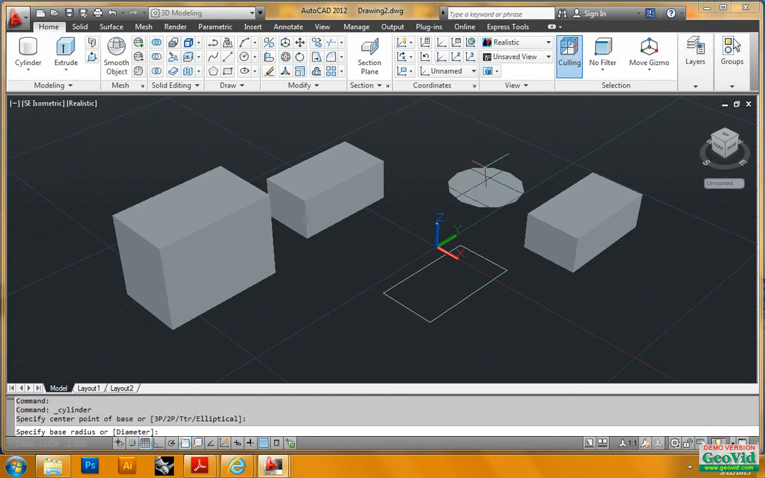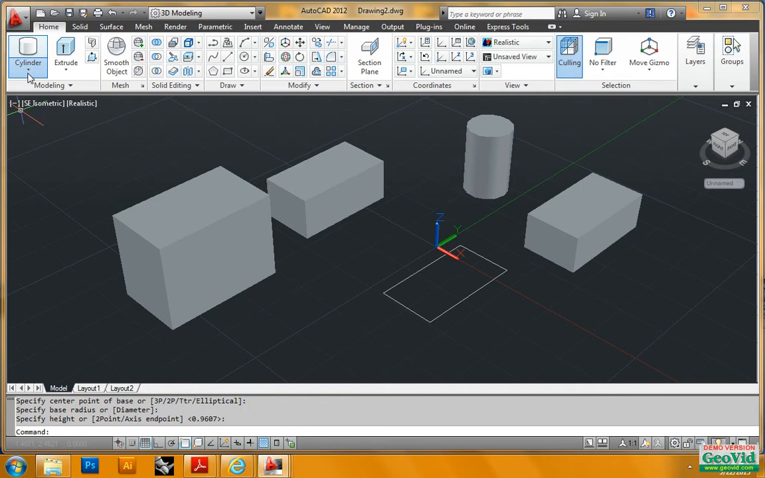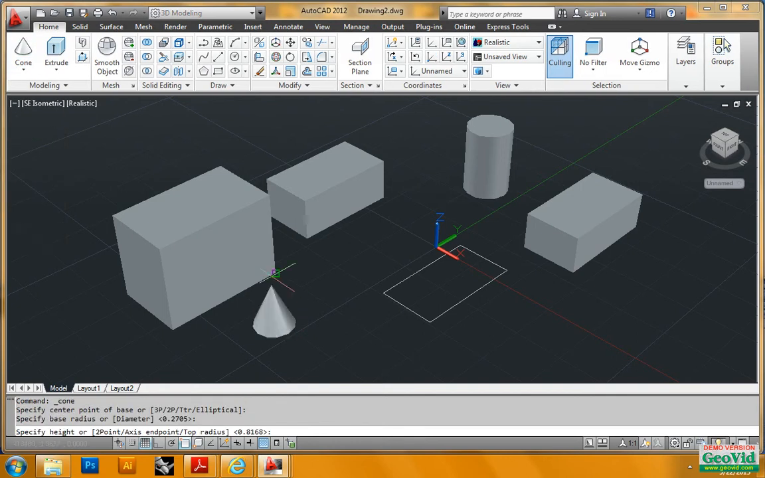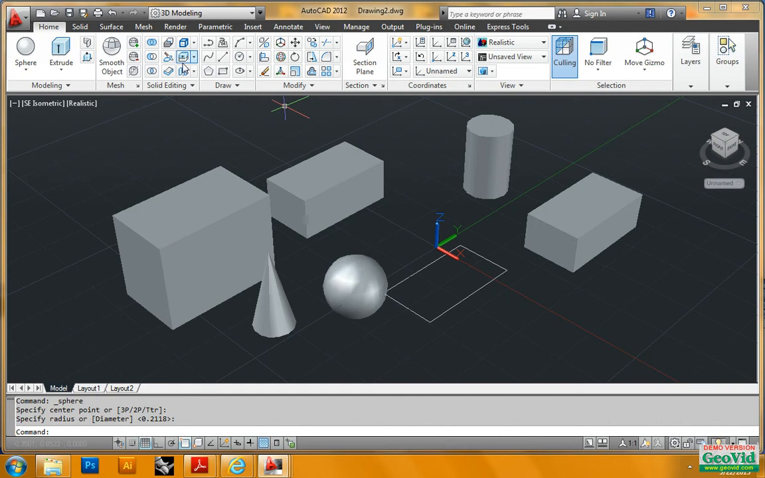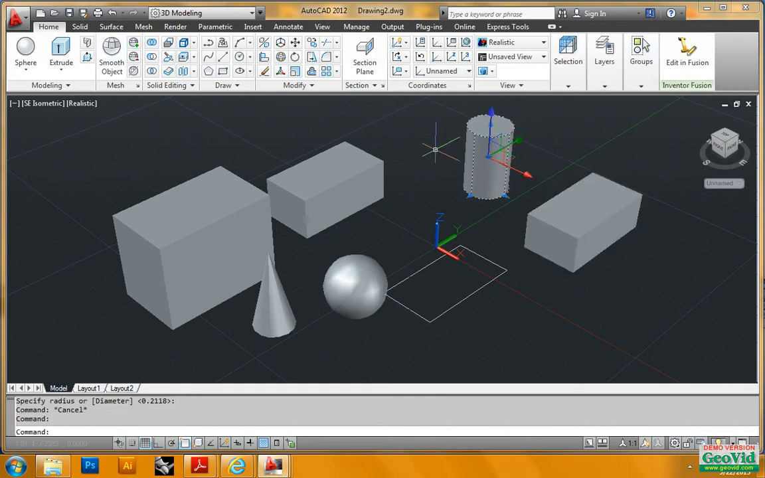So here's a cylinder. I'm going to do a cone, and I'll do one more like a sphere. So I have my objects, so I'm going to start with union. Union's pretty nice because if you have two objects and you want to make them one, that is what you